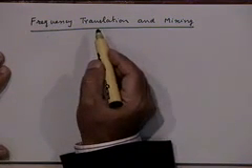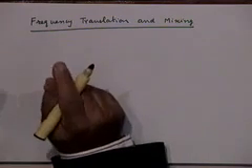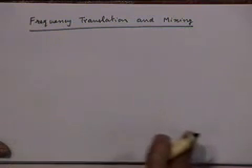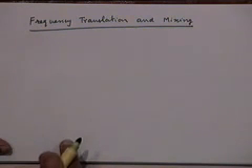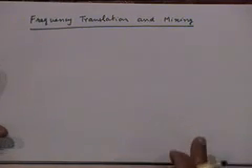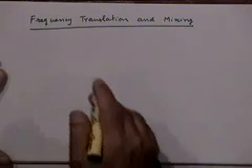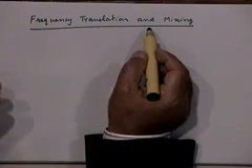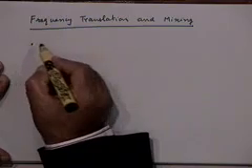Now the term frequency translation, so far we have been using it in the context of going from baseband to a bandpass signal, or from a bandpass signal to a low pass signal, right? But actually in communication applications, the terms frequency translation and mixing are used in a much wider context. Quite often we need to go from one frequency to another frequency, not necessarily from baseband to some fc and back. Arbitrarily we may want to go from a bandpass signal centered at one frequency to a bandpass signal centered at another frequency, right? So let me start with that.